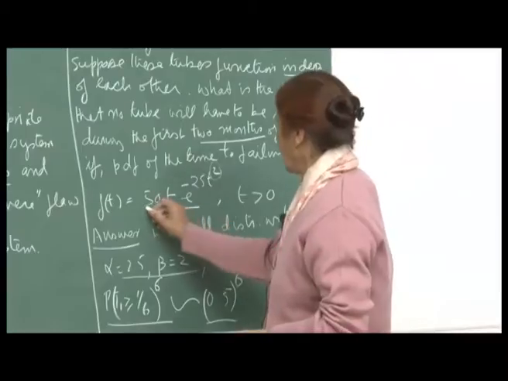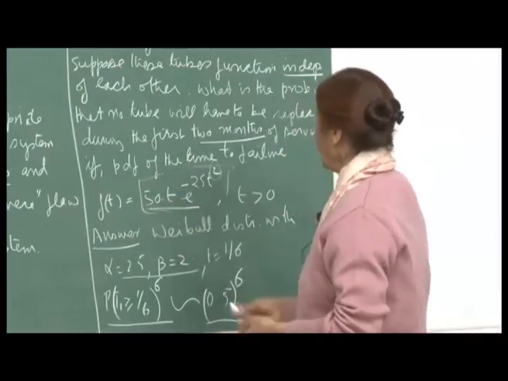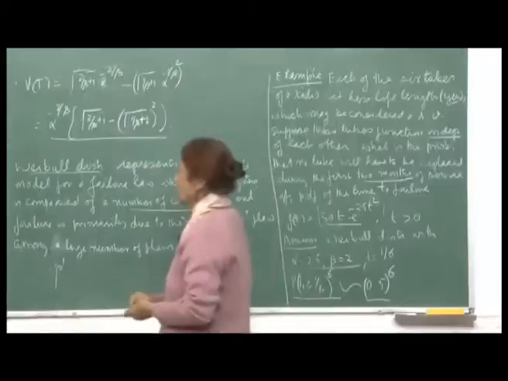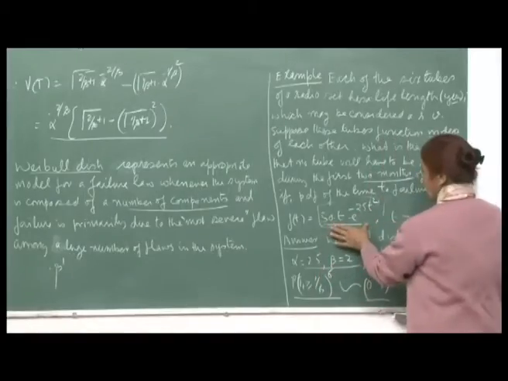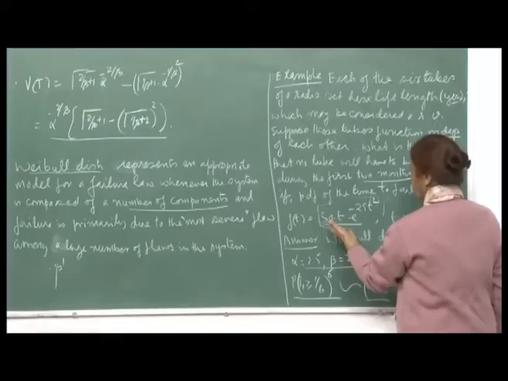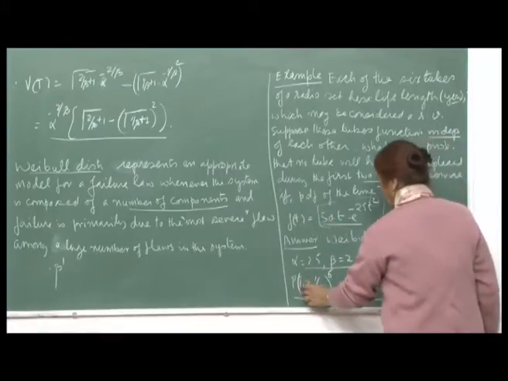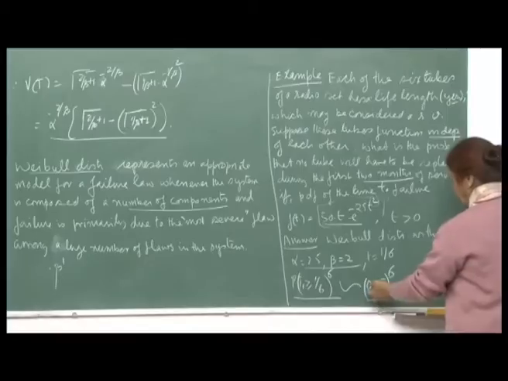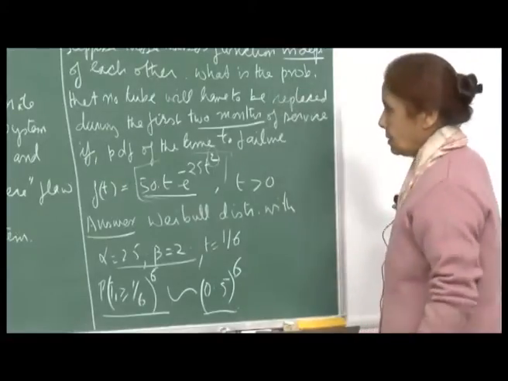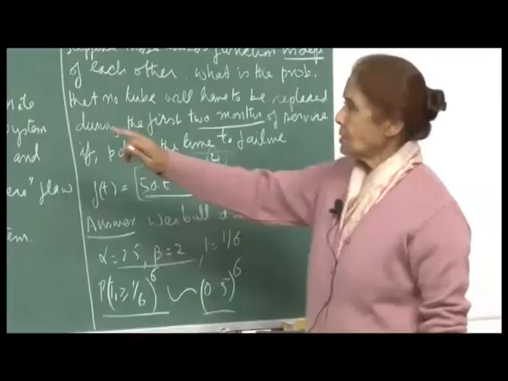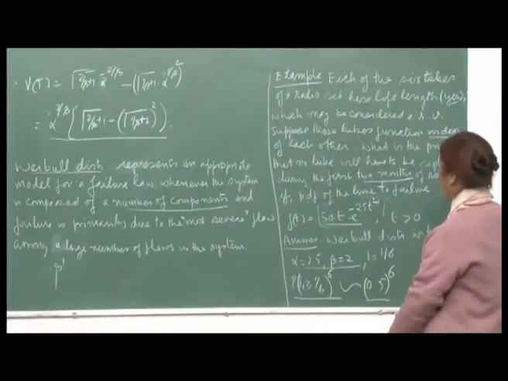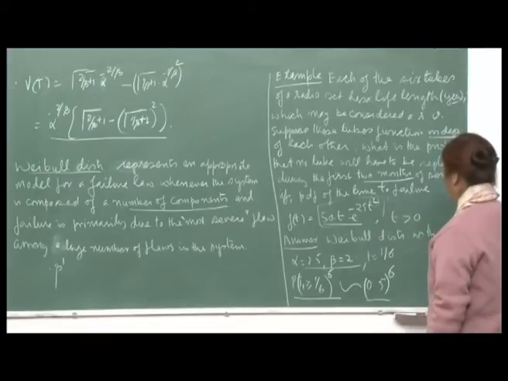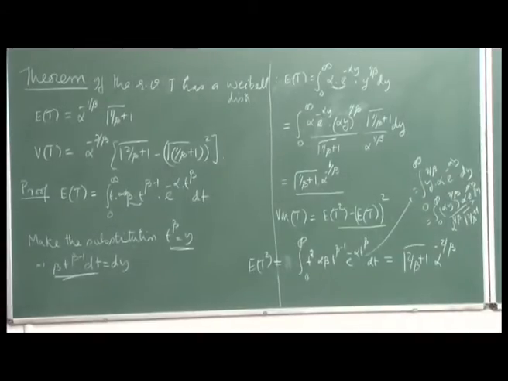This is not a difficult integral, because you have seen my computations for E t and variance t. You can use those, or use the gamma distribution computations, to find this probability and raise it to 6. So, the answer is approximately 0.5 raised to 6. This integral you can handle now, since I have given you the method of computing E t. It just boils down to that, for different values of t and so on.